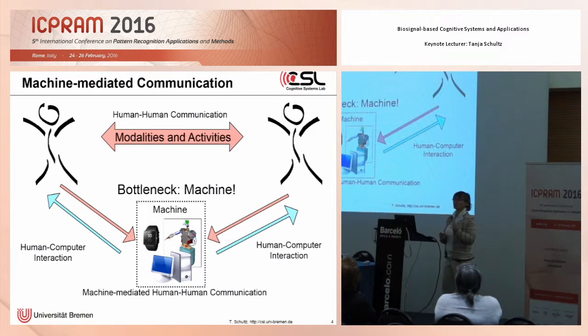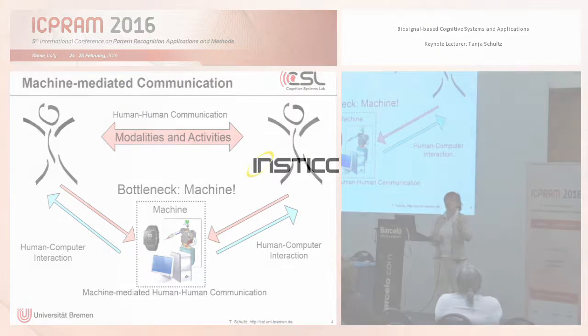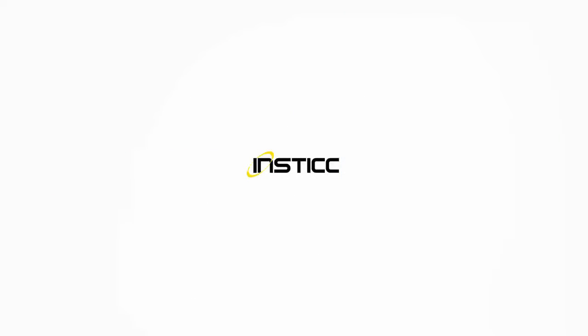And the reason why this problem gets more serious is that more and more human-human interaction even happens through the machine. So I would call this machine-mediated communication. So many things we are trying to do with each other runs through a machine, and then if the machine and the capabilities are limited, then this may also hit our human-human communication. And just to give you a few examples of